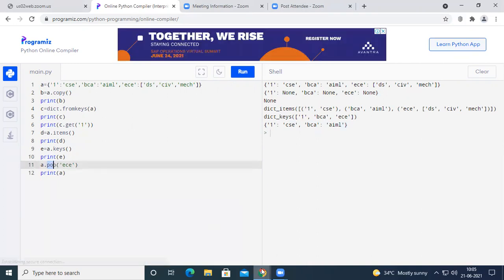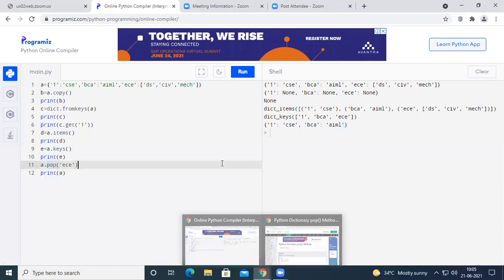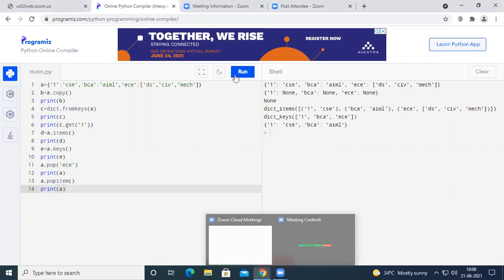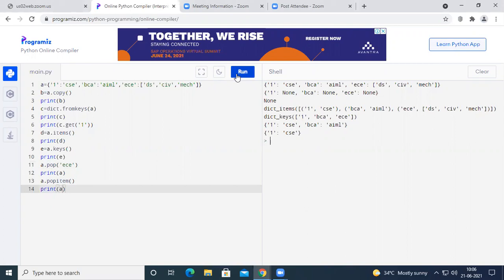Okay. Now, let us see one more function, popitem. See here, for example, I call A dot popitem, and I have just printed the dictionary A. Now, what will this popitem do?